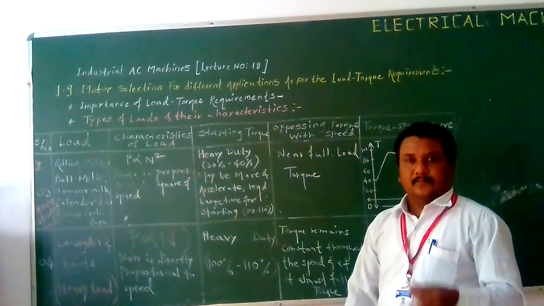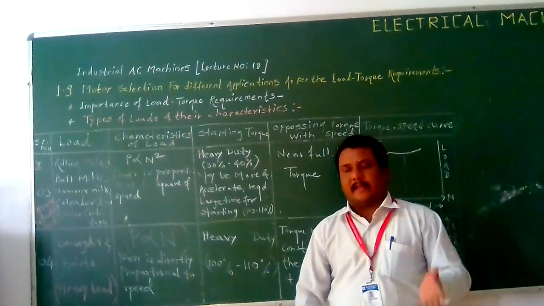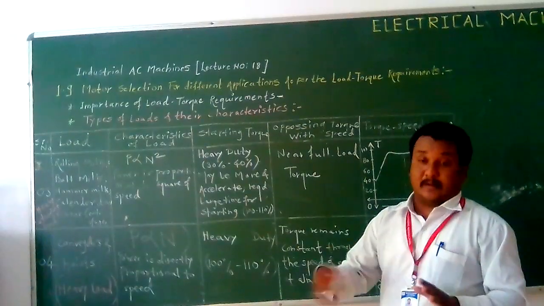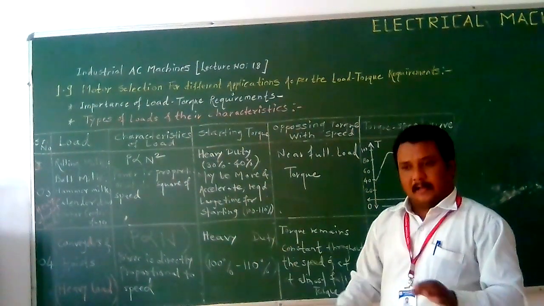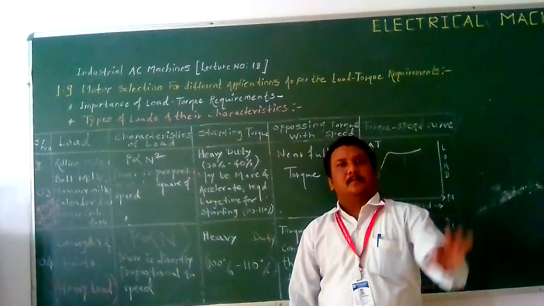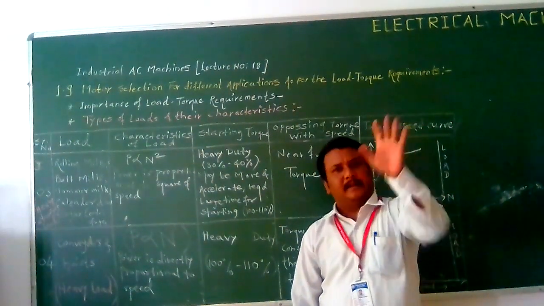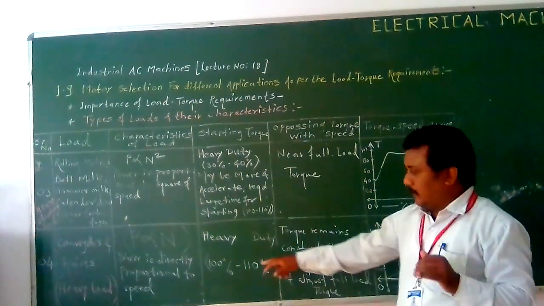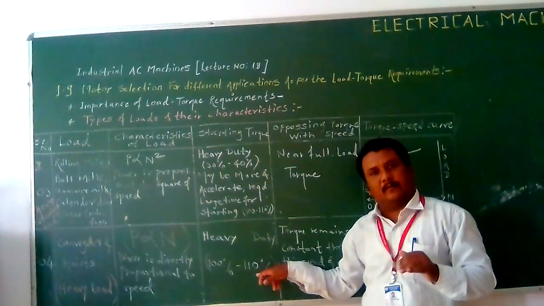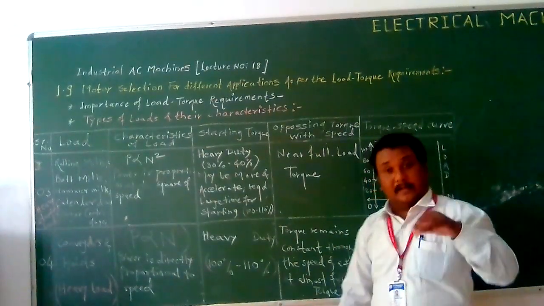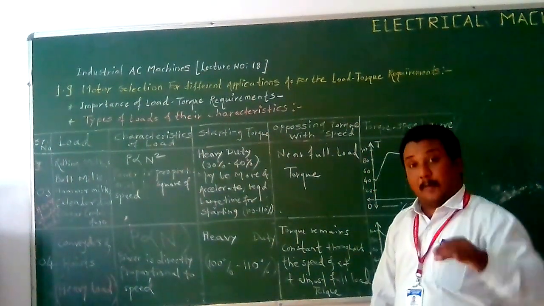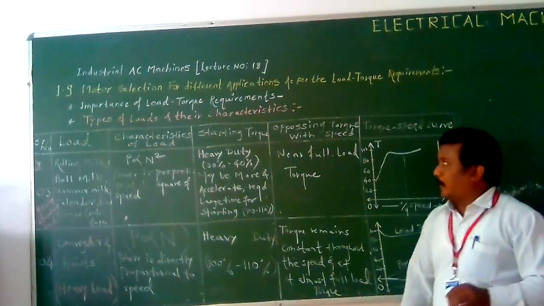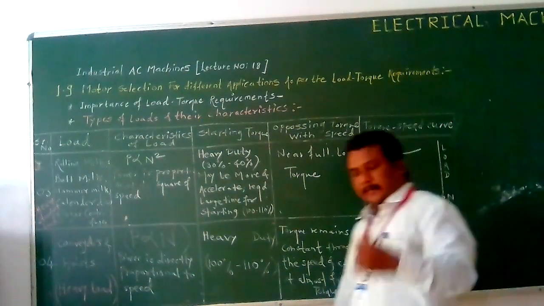So in this case power is directly proportional to N, which means as the power increases speed also increases, there is no square or cube relation there. As the amount of load increases, power increases, and simultaneously speed also increases. Here starting torque is almost 100 to 110%, which means in this case the flywheel is operated during the starting conditions. Now opposing torque with speed: torque remains constant.